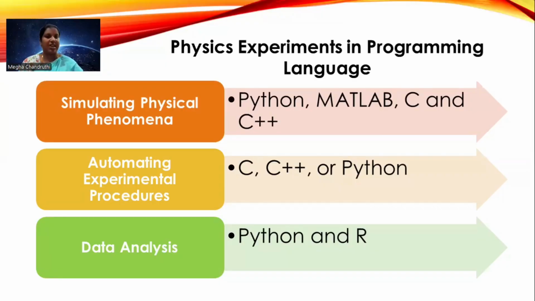Okay, so we have a lot of tools we can practice at home only, and even now they say there is no distance education for physics, especially for science. But being at home only, you can execute the programs, you can execute some experiments, and you can get the output. So this will be ending my presentation.